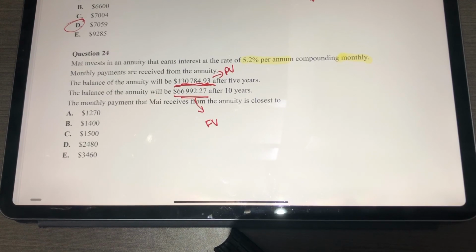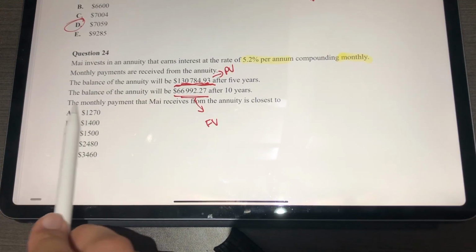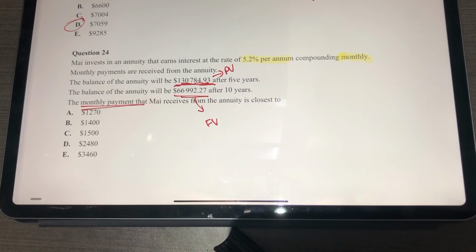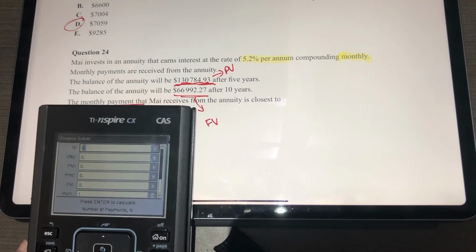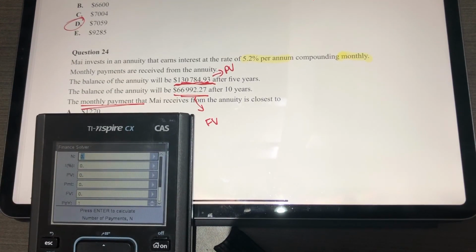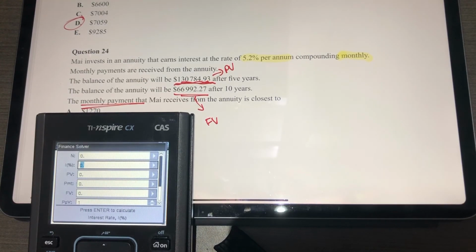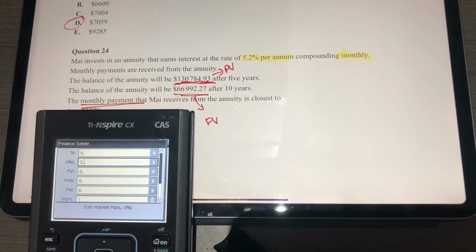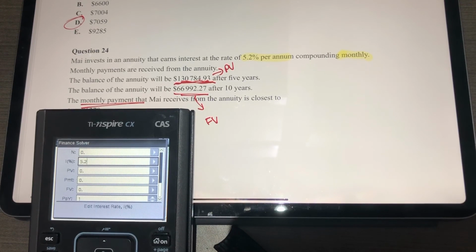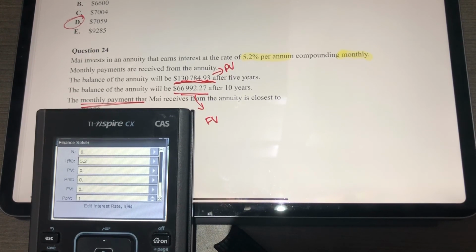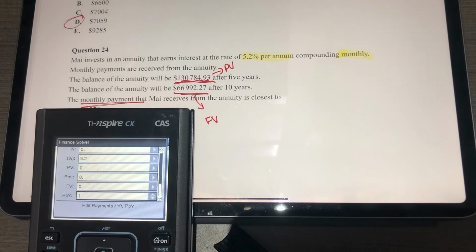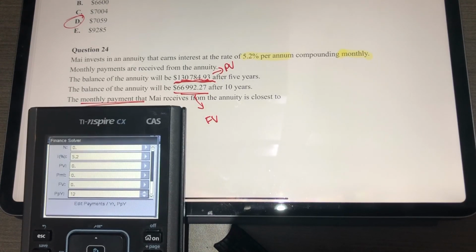So I want to try to find the monthly payment. That's the unknown. So first we're going to fill in the obvious things. We know that the interest is 5.2% per annum, and it's compounding monthly, which means we're going to go to my PPY and CPY, put 12, tab,